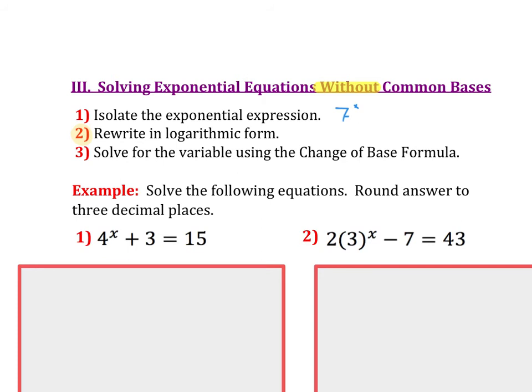The big thing with change of base formula, again, is that your base is always on the bottom. Okay, always put the base number on the bottom. All right, so